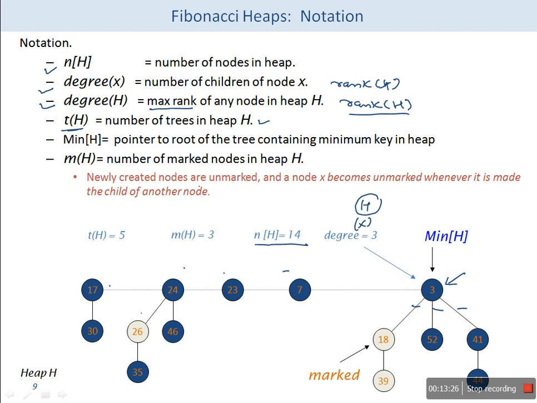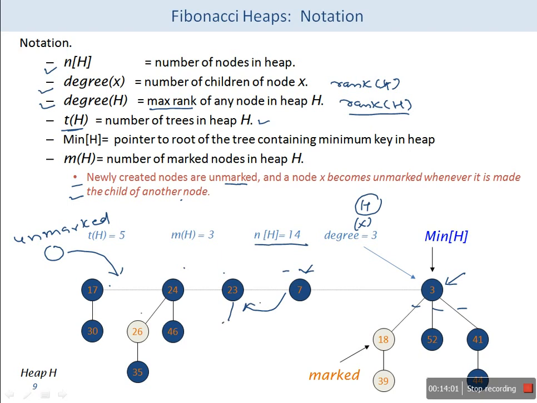Now every newly created node is unmarked. In case of the marked field, if a node is newly created, it is unmarked. A node will become unmarked whenever it is made the child of another node. So there are two possibilities for a node being unmarked. First is when you create a new node to be inserted here, that node will be unmarked. Or suppose this node is marked and I add this node to the